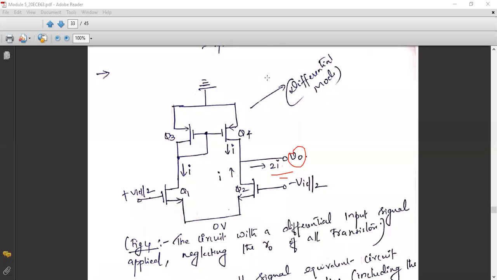Understood, students? So here, even though I'm taking the output in a single-ended mode, by giving a differential input and by connecting a mirror circuit over the differential pair Q1, Q2, I'm able to maintain a current 2I instead of I. So that is more than sufficient to maintain the desirable gain across the output terminal. Is that clear?